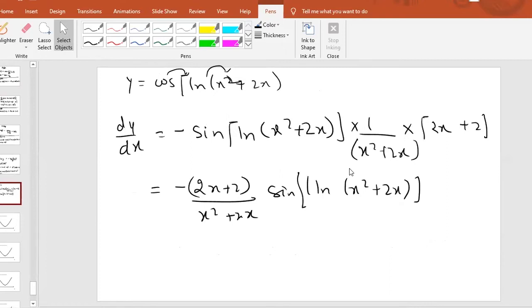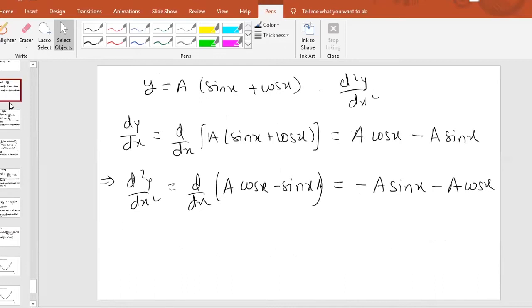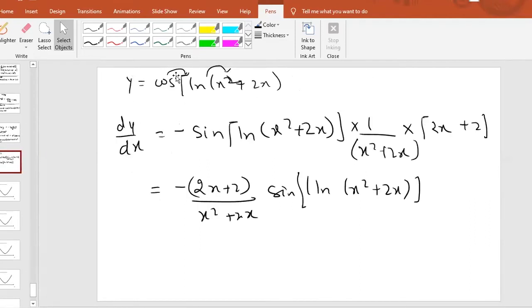I think I have explained to you how the differentiation of 2x is 2. I explained 2x power 1. You can refer to the previous slides. I explained how 2x plus 2 gives 2. That is why I am telling you, don't miss the classes. If you miss the class, it is not good for you. I have explained all the things. Now I will show all the slides in the last 10 minutes.